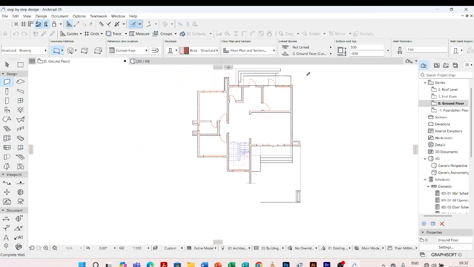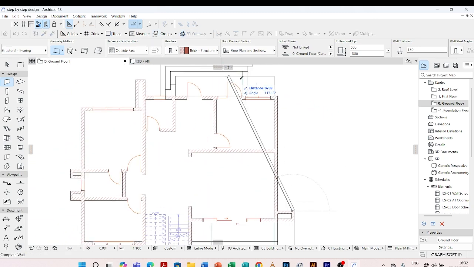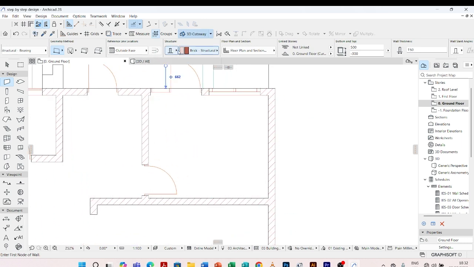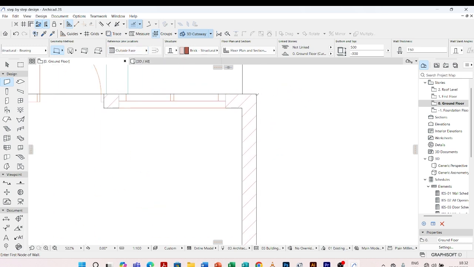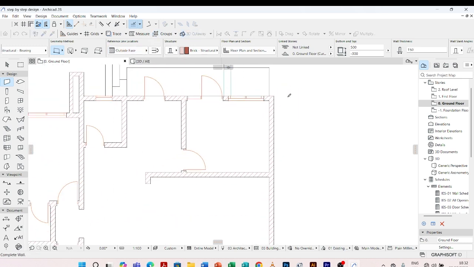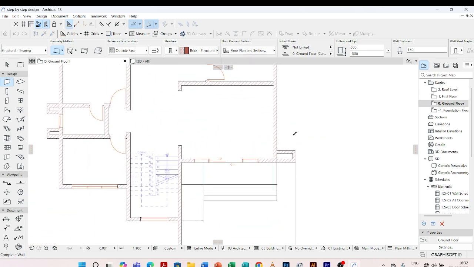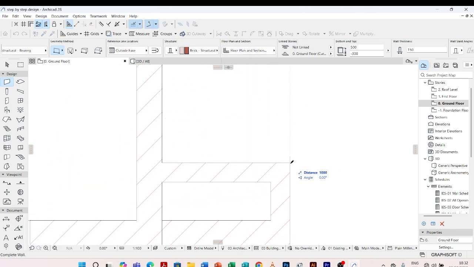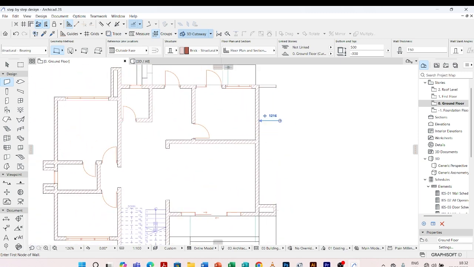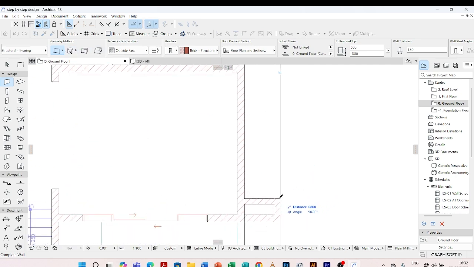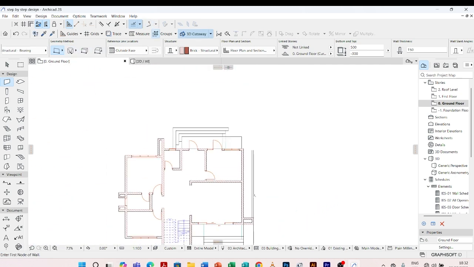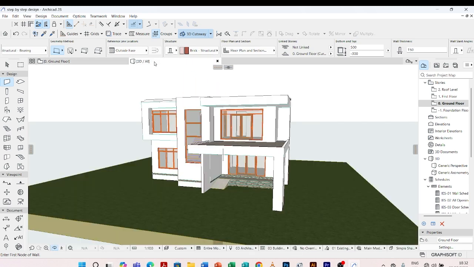So let me have my wall here. Escape. The line reference we are using is outside. We are locating the outside face. So I'm going to have a planter here. I hold on to shift so that I can pick this line. Then I'll come. Let me change the geometrical method. I'll change when I'm doing the rest. So I have this. When I go to my 3D,